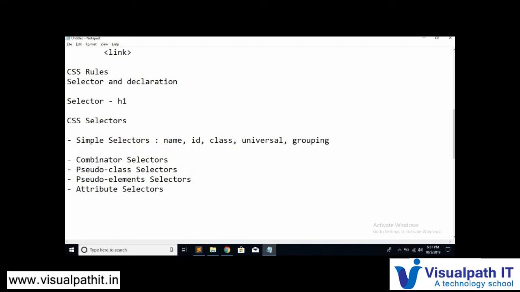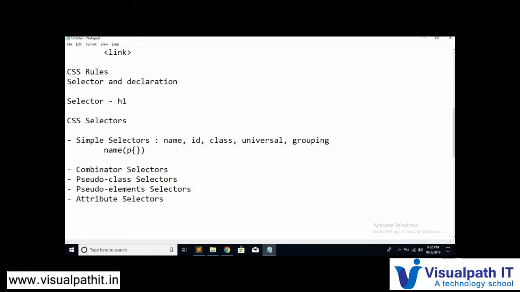The first one is the name. In this name, it's basically just giving the tag name. There's no need of any other extra thing in this. We even saw it in the previous example, right? We just need to write the tag name in this place, and there is no need for using any other tag or any special characters. So let's take the name as P, that's a P tag. We write the tag name and then the curly braces. That's it. This is the simplest selector, that is the name selector.